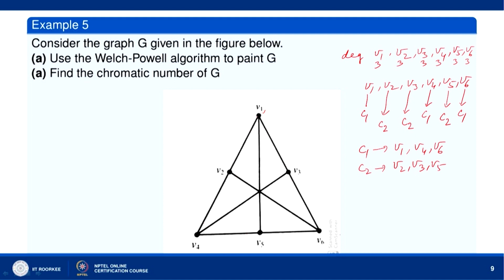And you see we have B1 and B2, they are adjacent to each other. So, we will have to use different colors to paint B1 and B2. So, 2 colors are needed for painting B1 and B2, and here we are using 2 colors to paint the entire graph. So, the minimum number of colors to be used to paint this graph, that is the chromatic number, is 2.